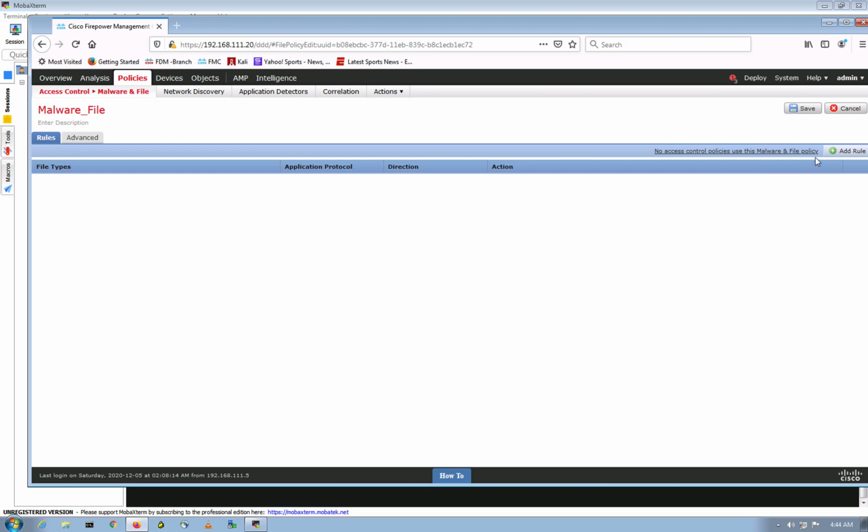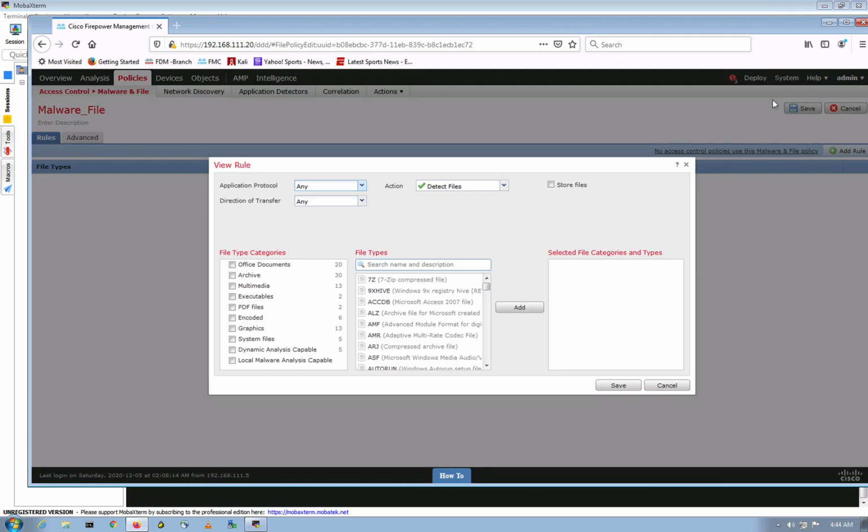Let's add a rule inside this policy. There is nothing right now, so we'll have to add a rule. When you're adding a rule, you have to select the protocol. We're going to select all the protocols. You can also select upload or download; I'm going to do bidirectional. And what do I want to block? Let's say I want to block PDF files, so I don't want people to